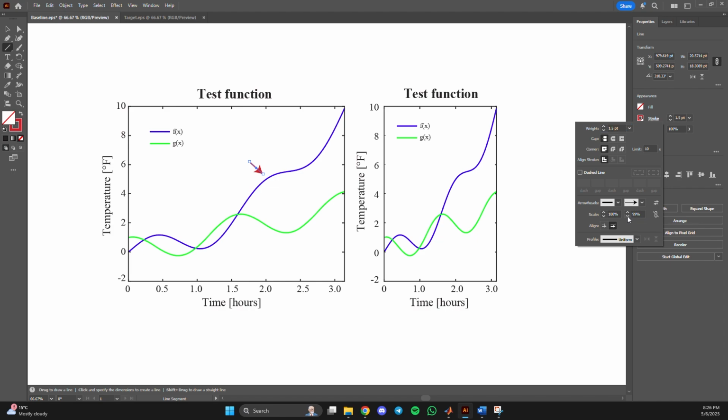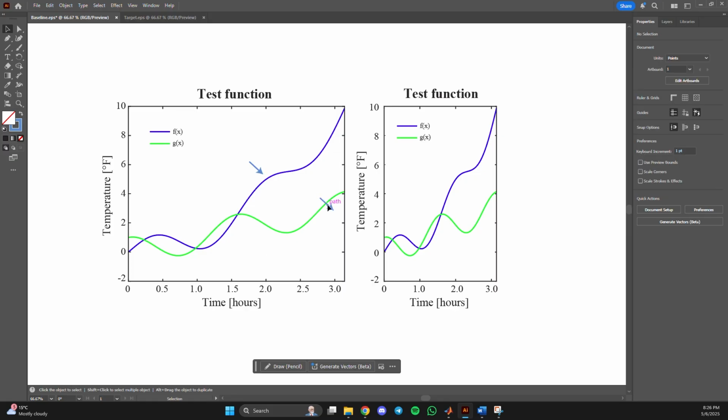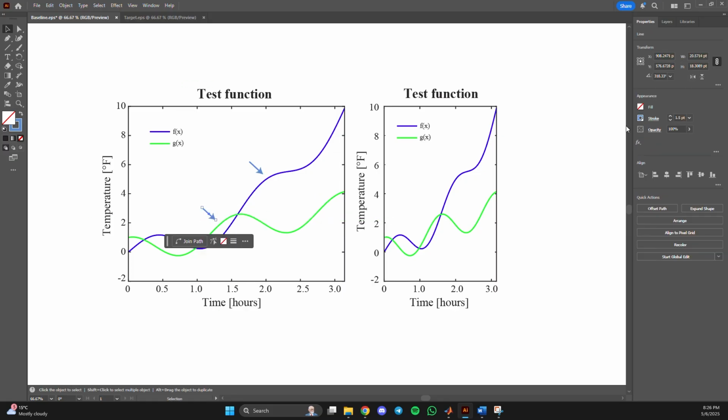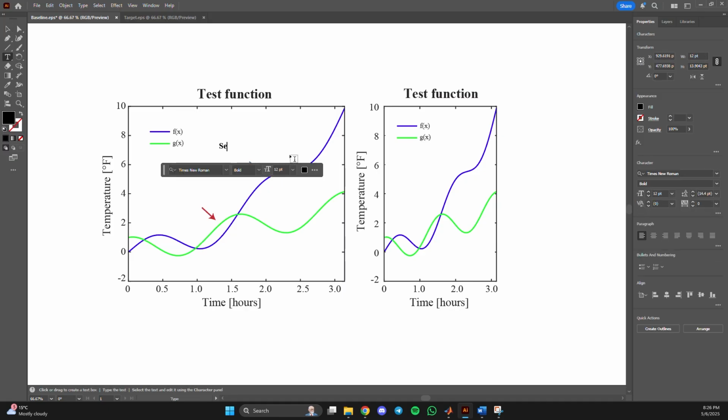We can reduce the size of the arrow to 75%, and then we'll give it the color blue. We can copy this arrow to use it then on the other curve, now with a color red. We can then add a text that reads series 1, we make it Times New Roman regular,